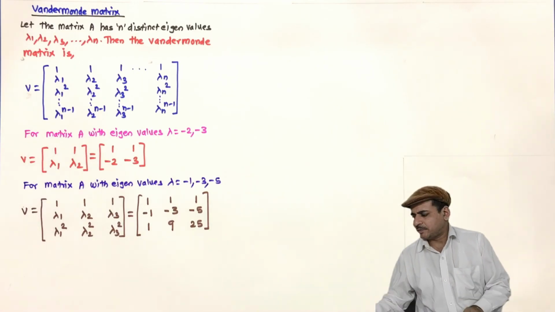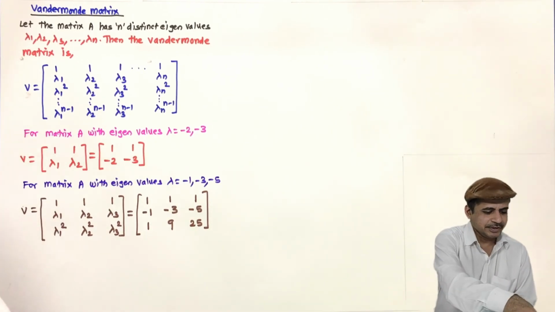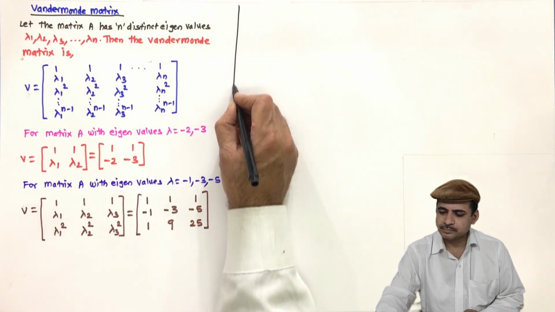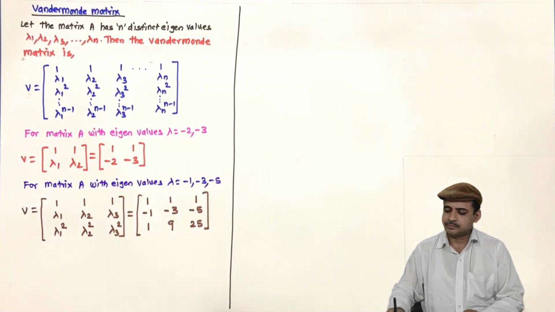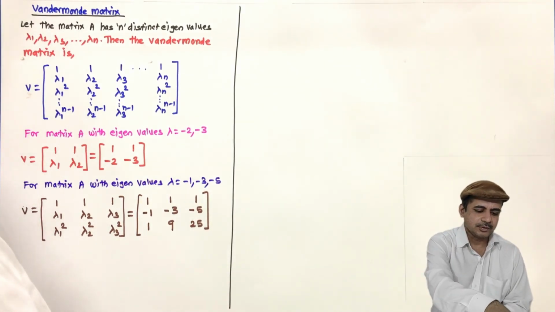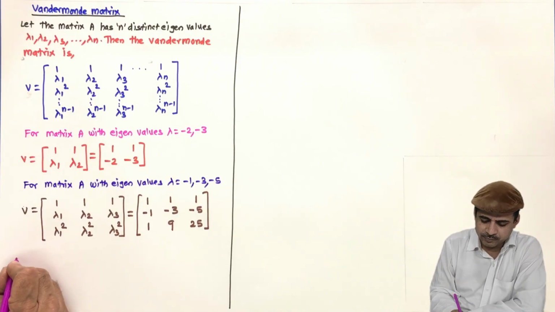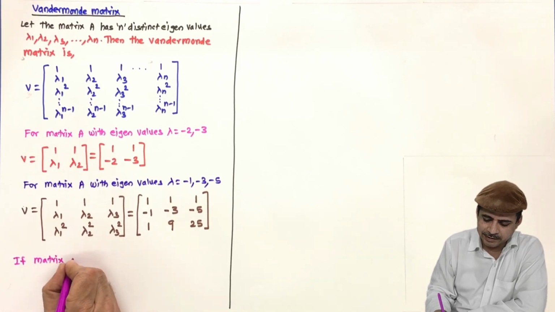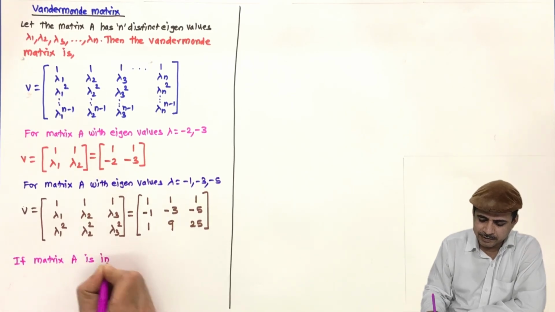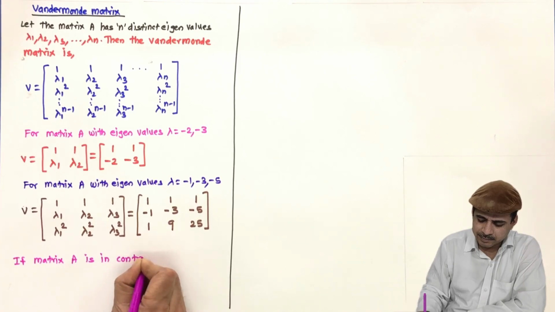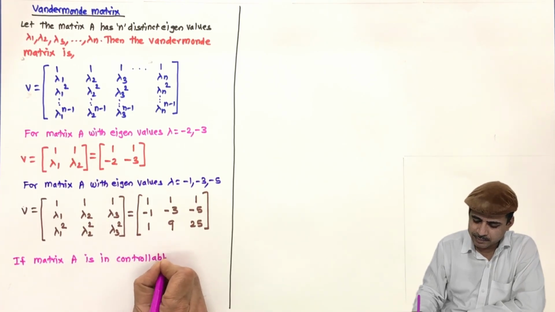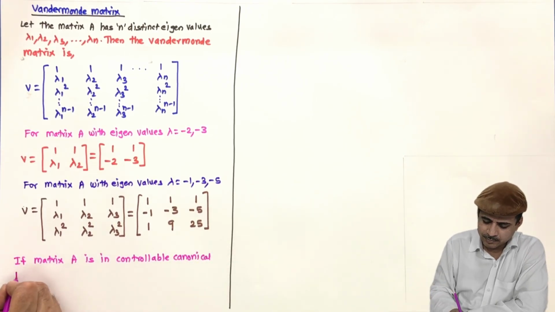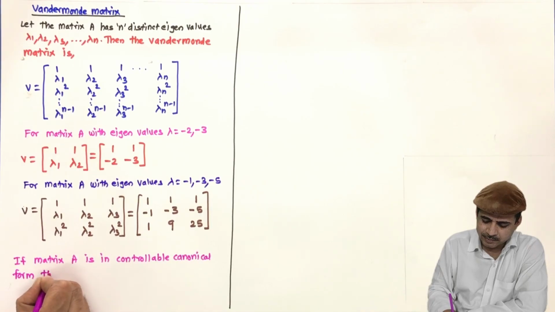Now what is the use of this Vandermonde matrix? Is it useful? Yes, certainly it is useful. So let us see its use. So if matrix A is in controllable canonical form, then